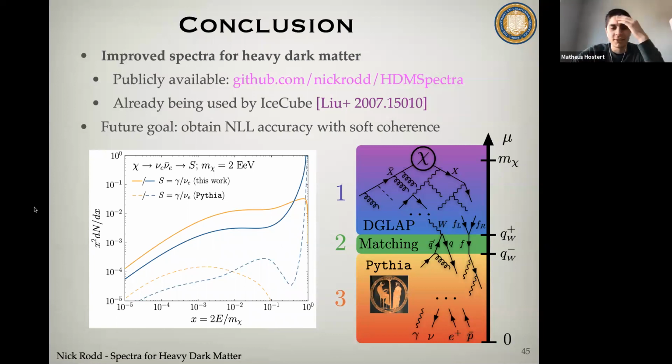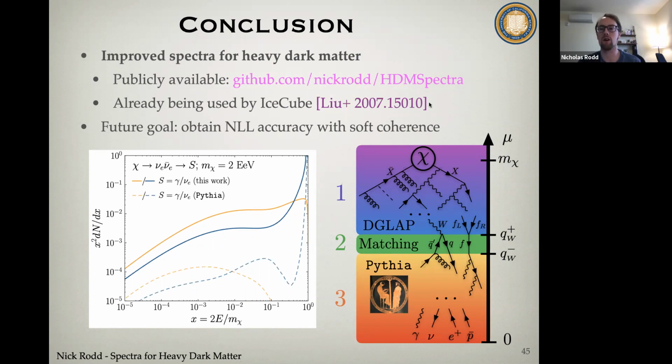So I had a question, basically the same topic as before. If I look at your curves compared to Pythia curves, most of the effect is in the tail. So how much of the constraints on dark matter annihilation or decay to neutrinos comes from the tail of the distribution? Do you have a feel for that? Or basically the question is, how much do the bounds change? So for that, this was a point that was partially explored in this paper here.